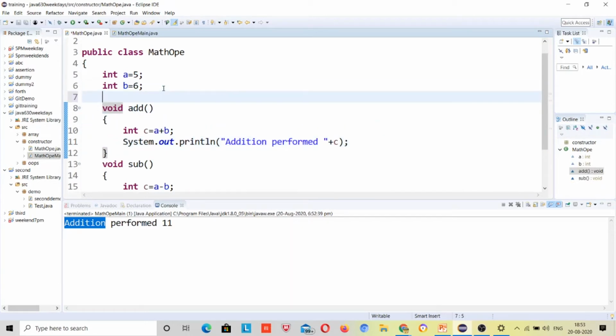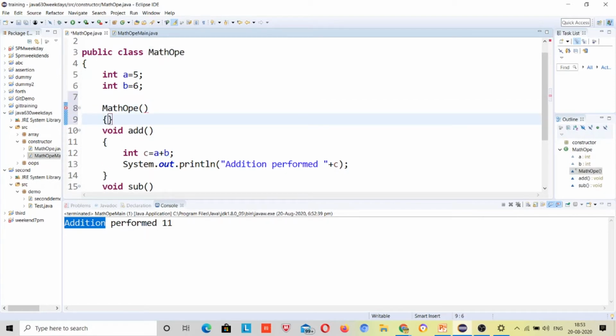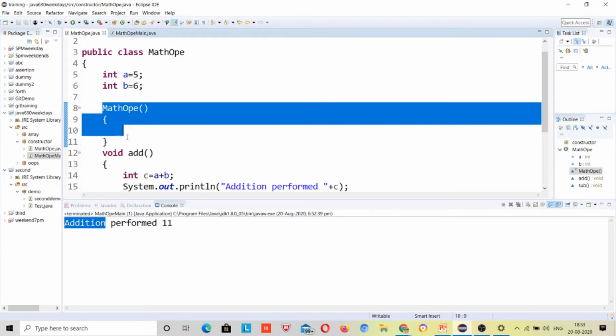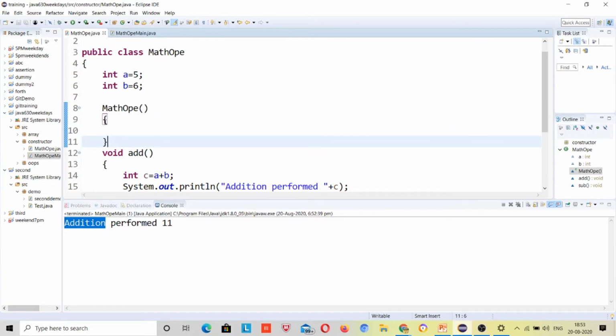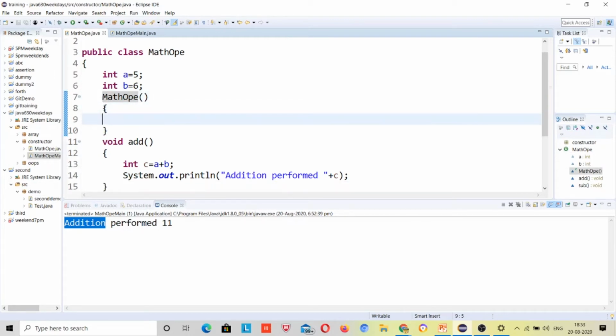Just make a constructor. This is present by default in every class. Suppose I make a class A, then a constructor A will be present over there. This code is hidden, you can't see it. That's why I have written it forcefully. Whether you write it or not, this code will be present inside your class, but it is hidden. There is a tool to check that, I will search and let you know.